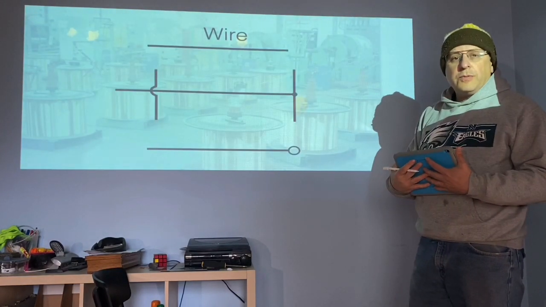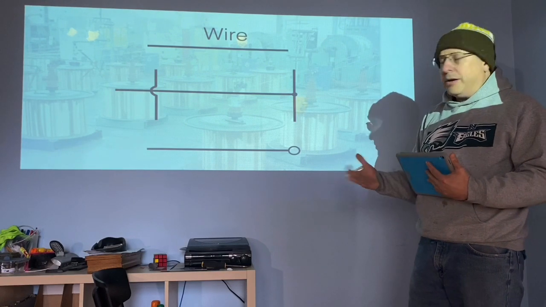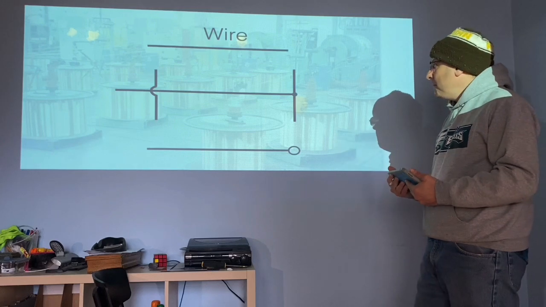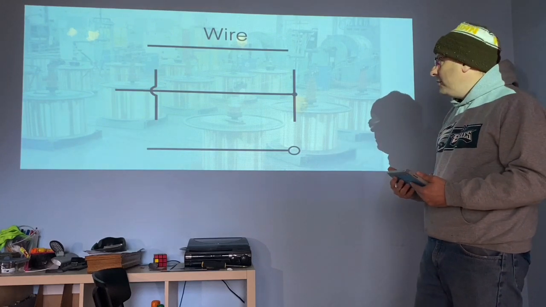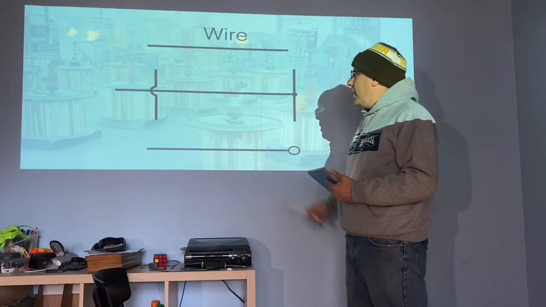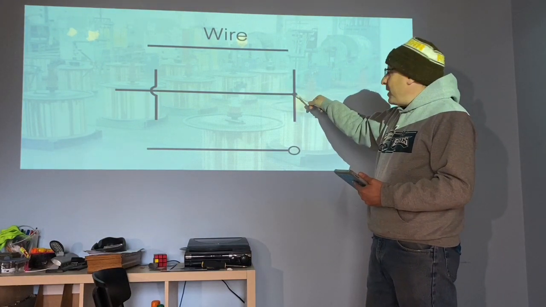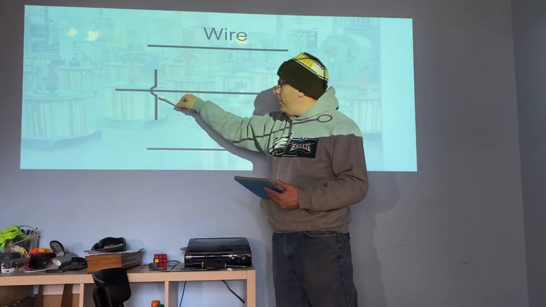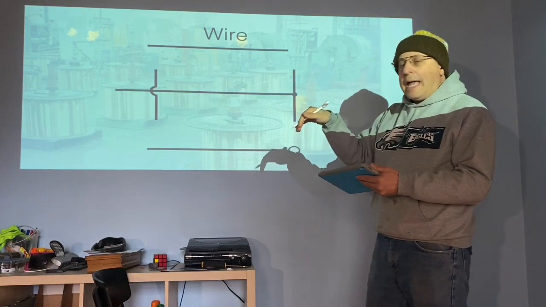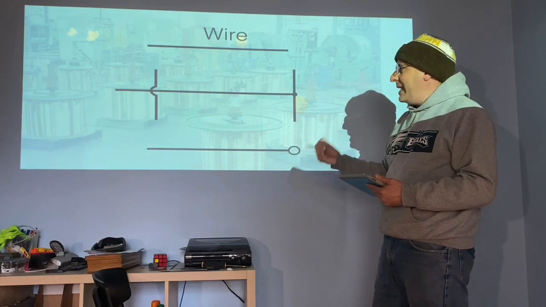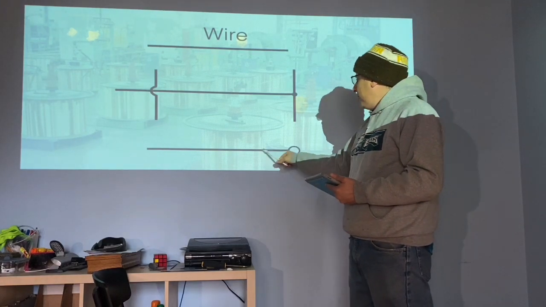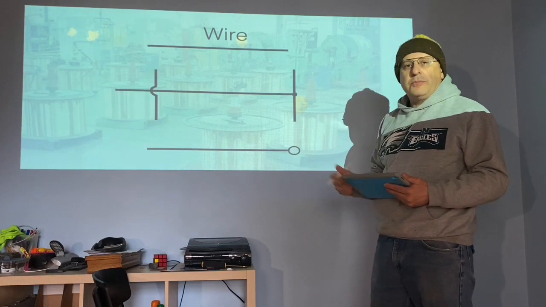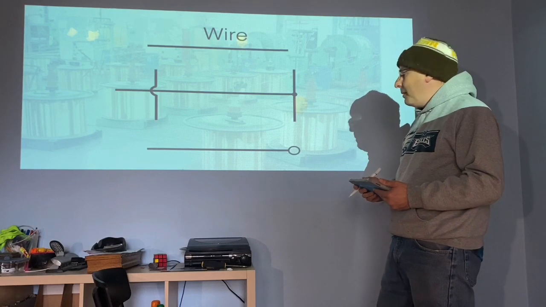Okay, so the first device we're going to do is the simplest of all, wire. The purpose of wire is to carry the electrons from place to place, connect the different components together. Wire is just drawn with a straight line. You can have dots where two wires connect electrically. You can have little arches where the two wires overlap each other but don't actually connect to each other. And third, you can have an open circle, and that is where you attach some sort of external object to